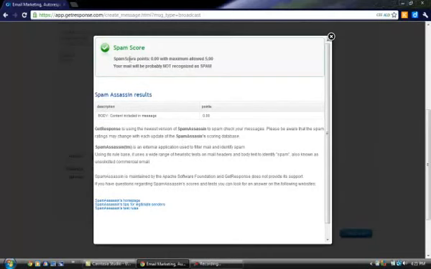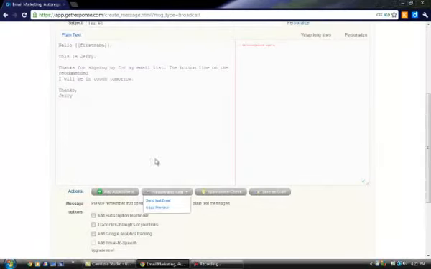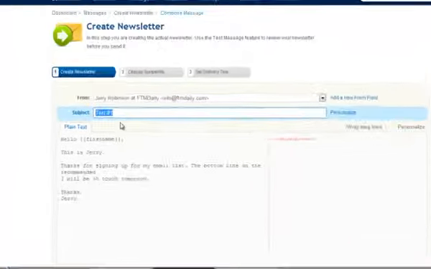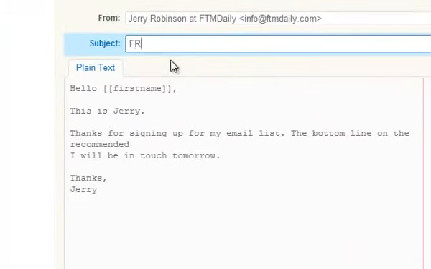And it says your spam score is 0. So your email will probably not be recognized as spam. Very good. That rate goes up whenever you start using HTML, and it also depends on what you type in here. Watch this. If we type in free money